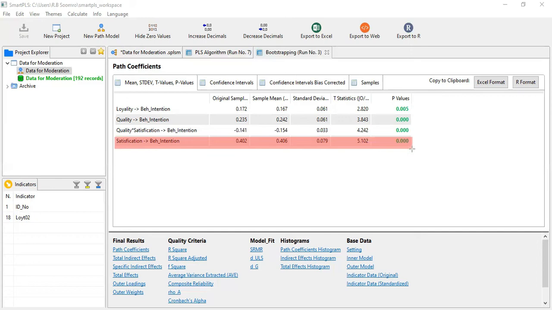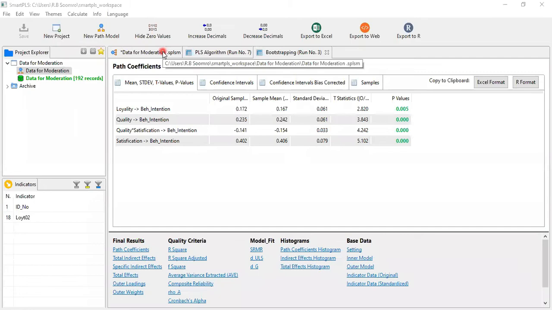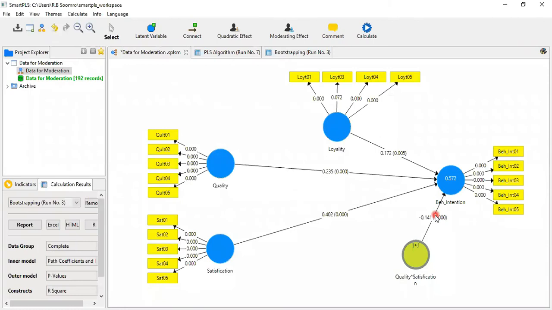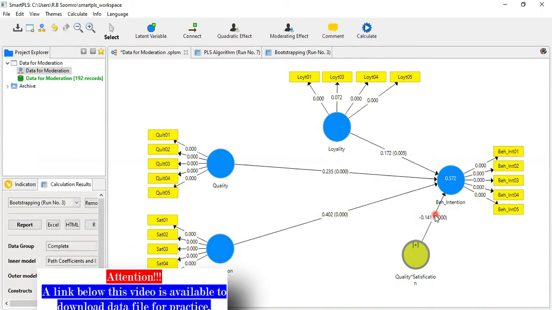So it is logically mandatory that there should be a significant relationship between that independent variable and your dependent variable. The same thing is here. The relationship between satisfaction, our focus independent variable, and the behavior intention is significant. So that should be done. Okay, so now our results are good. It means that there is a significant impact of the moderator on the dependent variable, although it is a negative impact. Whether it's negative or positive is another thing, but it is significant.